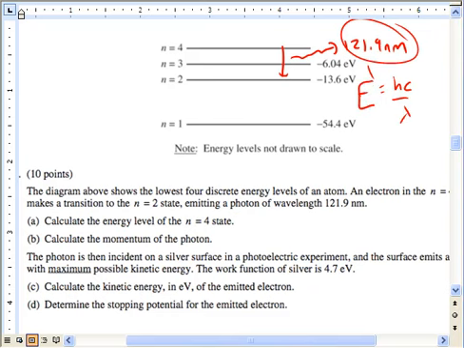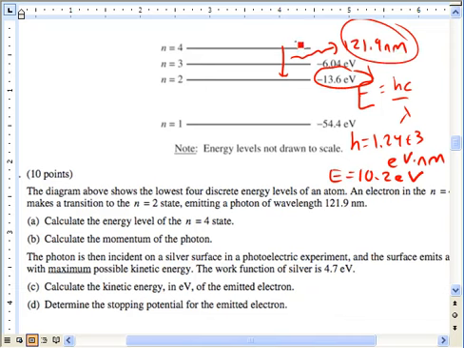and I'm going to use that number from class for hc, 1.24 times 10 to the third electron volt nanometers, and I calculate by plugging in that E is equal to 10.2 electron volts. So that means they gave off 10.2 electron volts to go from n equals 4 to n equals 2. That means it must have had 10.2 electron volts more at n equals 4 than n equals 2, which means that if we just add 10.2 to this number, we get negative 3.4 electron volts as the energy